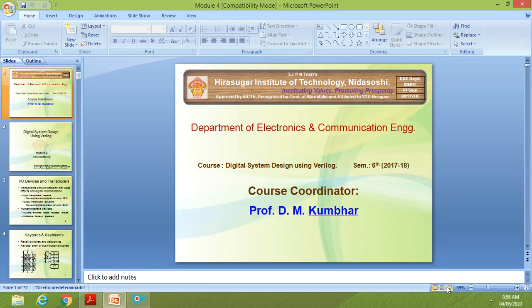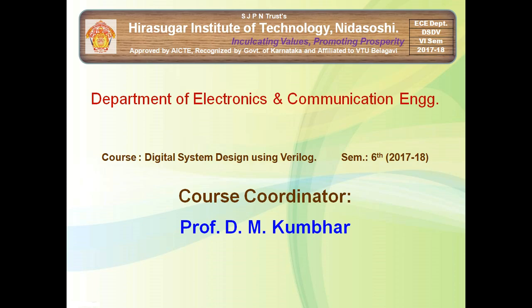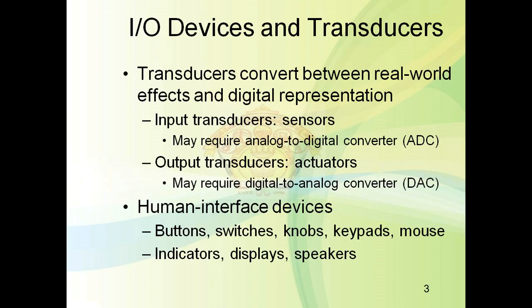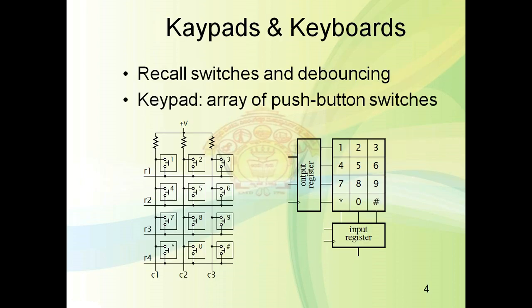Hello students. So today we are going to continue module number 4 of your DSD using Verilog. Okay. So module number 4 is IO interfacing, and in that we have started the various points. So we have discussed the IO devices and transducers, which are the input devices, which are the output devices. Then how the push button keys are arranged in matrix form, and what the requirements are,